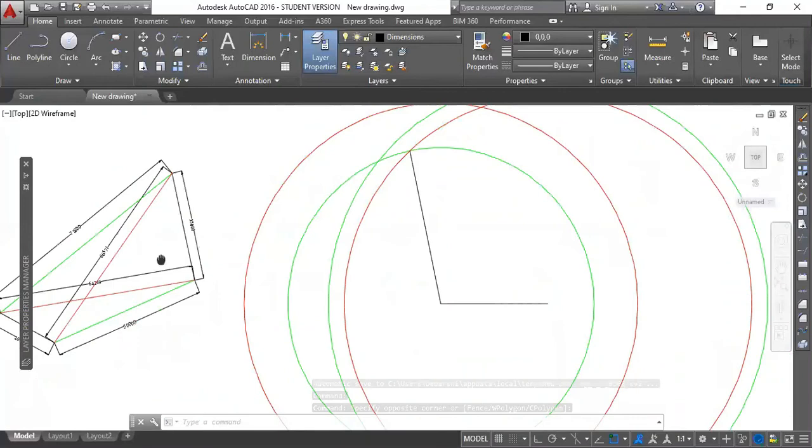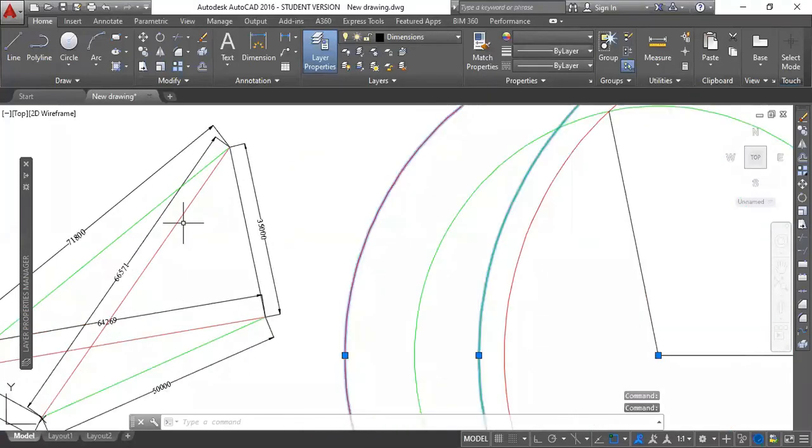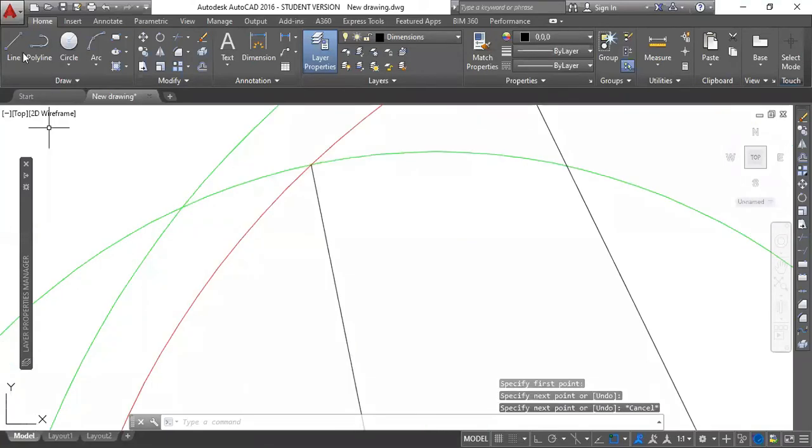So this is my 64.269 meter circle, and this is my 71.8 meter circle. So this is the intersection point. Right. So I have already got this. So I can easily join these last two lines.